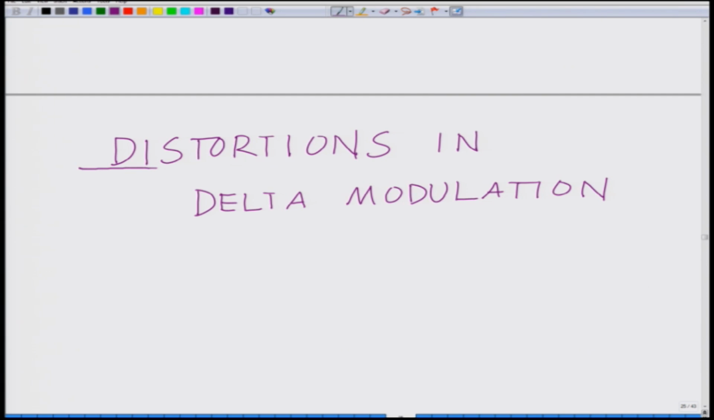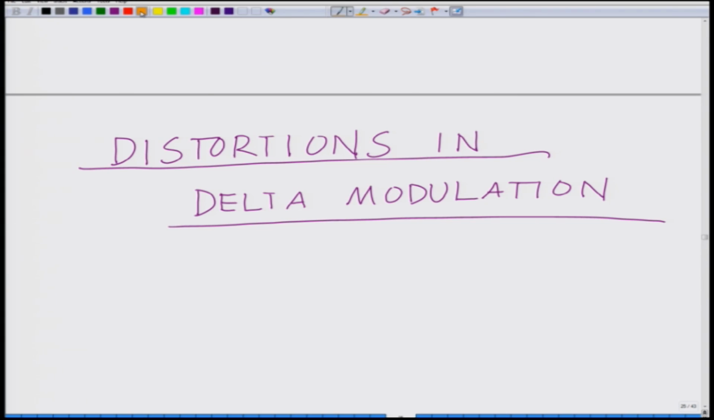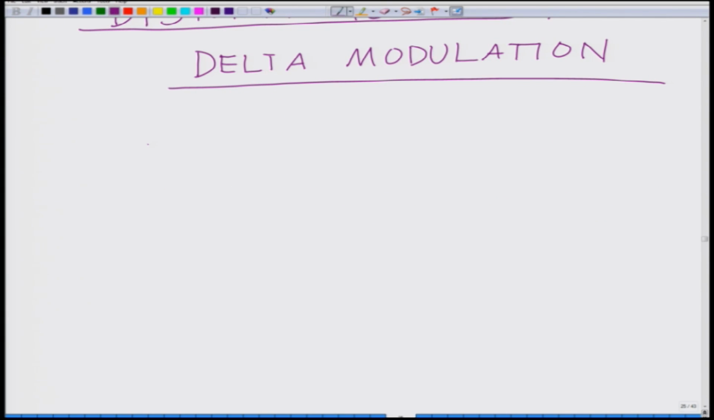And the distortion in delta modulation can occur as follows. For instance, if the step size delta is too small, and the signal m(t), that is the signal to be sampled, rises very fast or falls very fast, then the staircase approximation can fall short of the signal. Okay. So, let us look at the first distortion. Too small step size delta occurs if